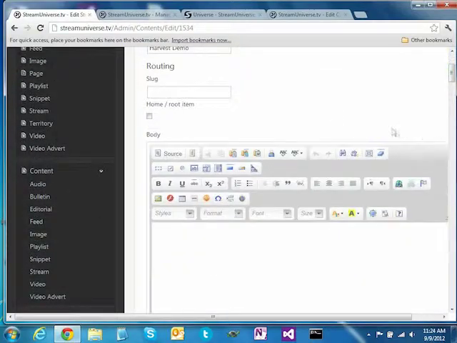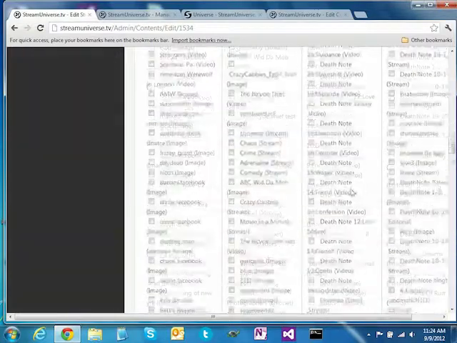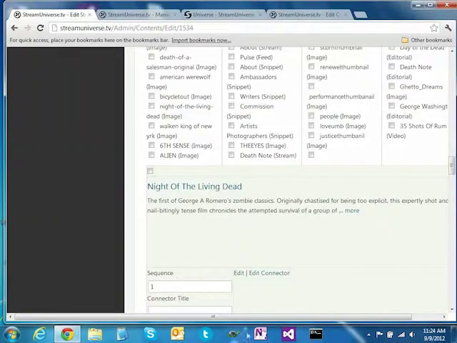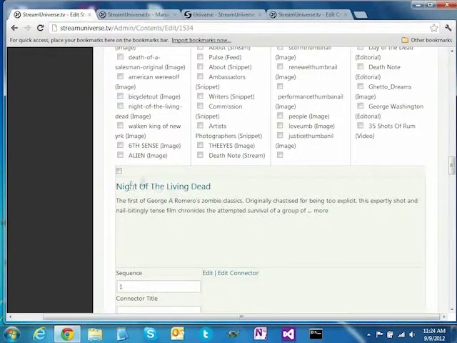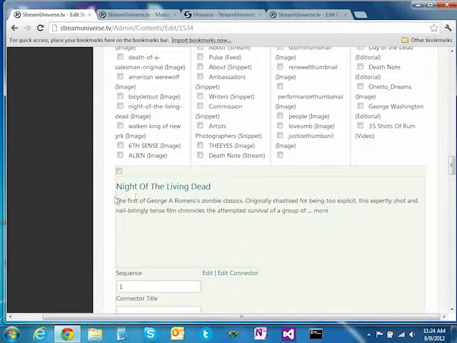All right, when I save that item, it's now listing the content items that I've connected to, and the UI for this is fairly